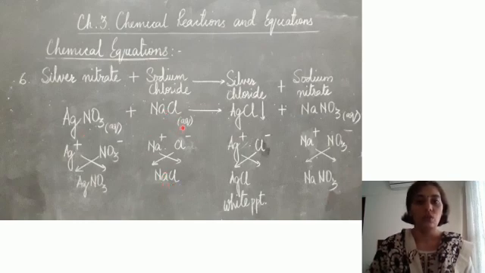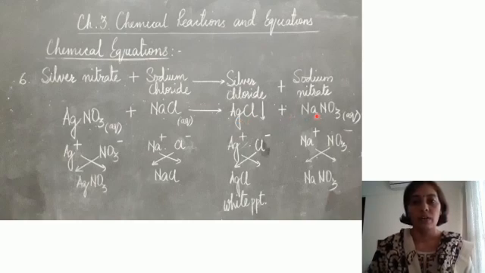Both are aqueous solutions, that is they are prepared using water as a solvent. Then what are the products? Silver chloride and sodium nitrate. So silver chloride, silver 1 plus, chloride 1 minus, crossing it will give you AgCl. It's a precipitate. What is the color of the precipitate? White. Precipitate is a solid insoluble substance. And when such substance is formed in a reaction, we indicate with a downward arrow. And it settles down at the bottom.